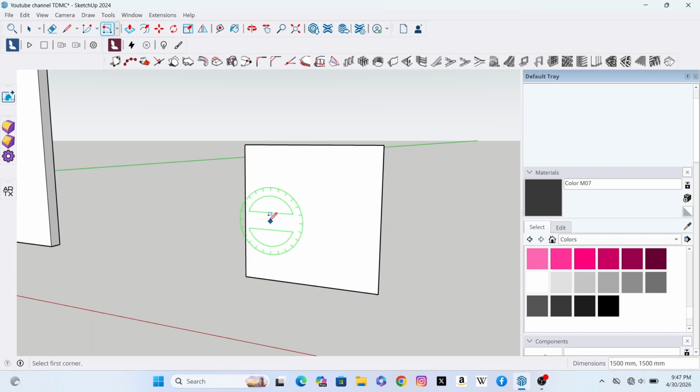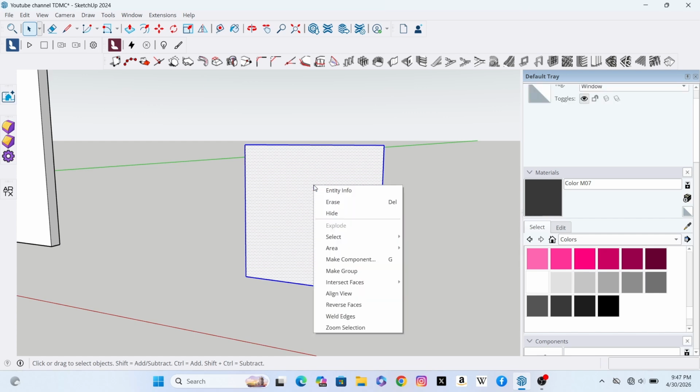Hit enter. So if you use your tape measure tool and you click at this point, notice that if you stretch out your cursor up to this point, that is 1500 millimeters, and also up to this point is the same thing. All right. So I'll press escape, click at this arrow command, then double click on this square, then